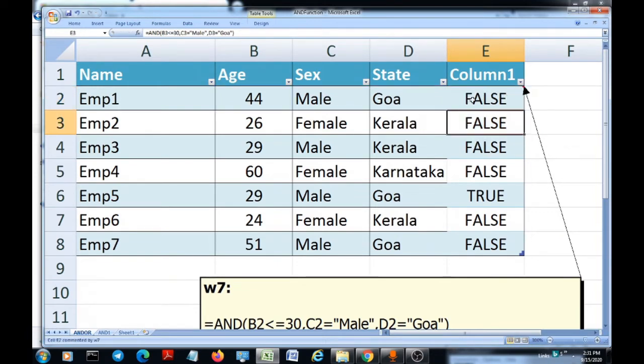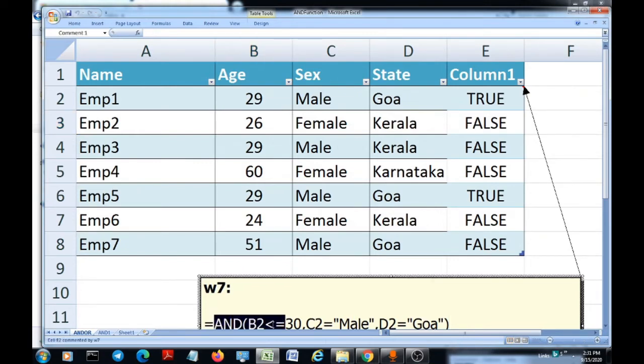Let's have some cells highlighted that are meeting this criteria. Now we are going to try conditional formatting. You know how conditional formatting works: it colors a cell based on a formula if that is going to be true.